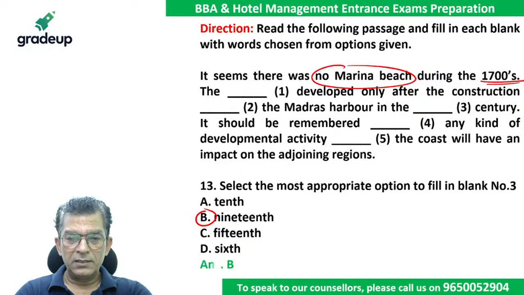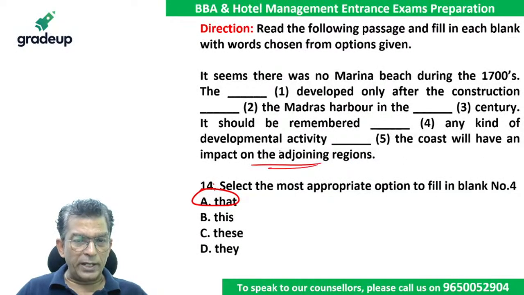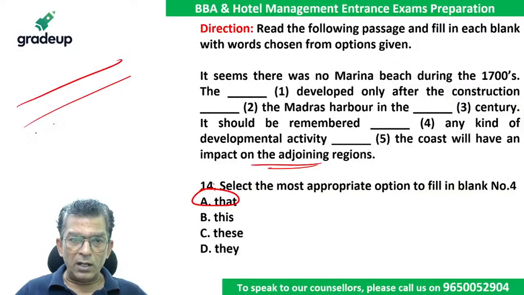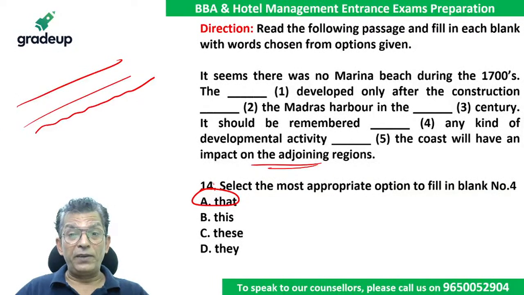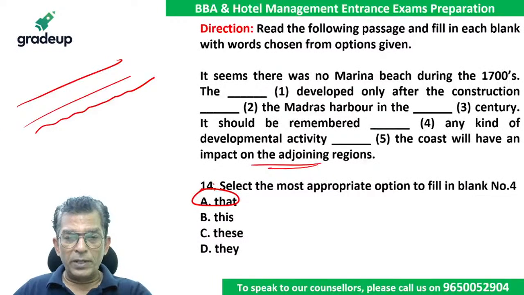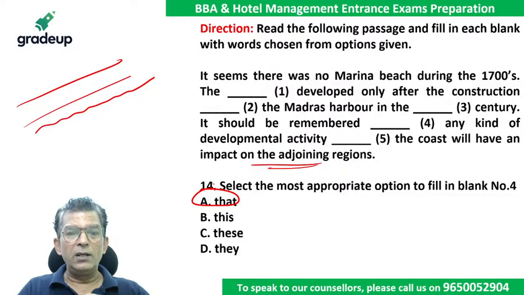ठीक है। सो लेट अस चेक कि दैट है कि नहीं, इसमें दैट है सर। इट शुड बी रिमेंबर्ड दैट एनी काइंड ऑफ डेवलपमेंटल एक्टिविटी डैश द कोस्ट लाइन विल हैव एन इंपैक्ट ऑन द एडजॉइनिंग एरियाज। जो भी 5th में क्या होना चाहिए, डेवलपमेंटल एक्टिविटी जो भी इसके किनारे होगा, इसके किनारे होगा, ठीक है। बताना 5th में क्या होगा, जो भी इसके किनारे में होगा, ठीक है, जो कोस्ट लाइन में होगा, दैट विल हैव एन इंपैक्ट ऑन द एडजॉइनिंग एरियाज।